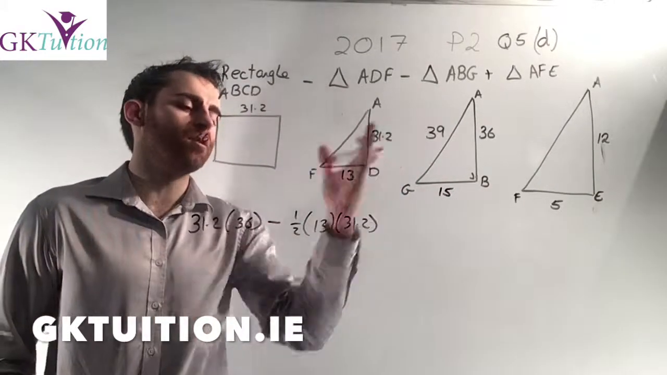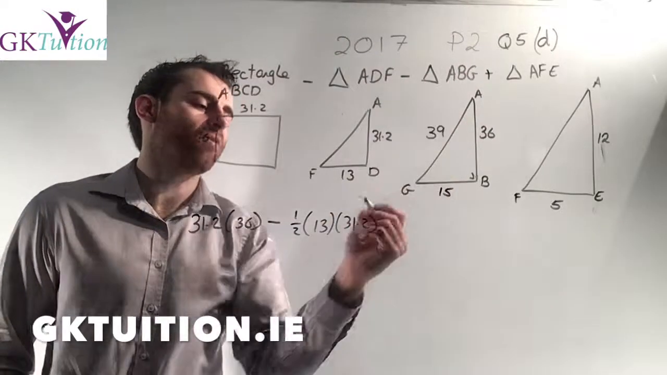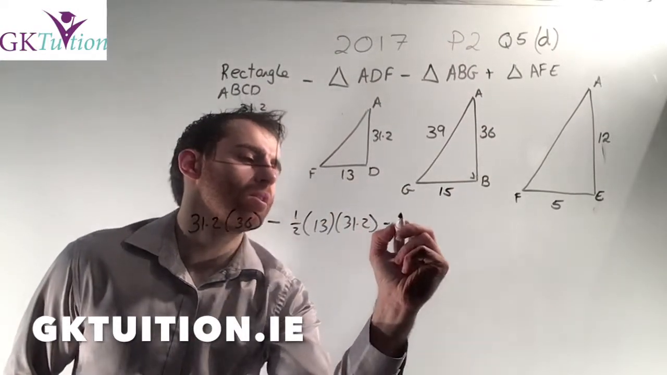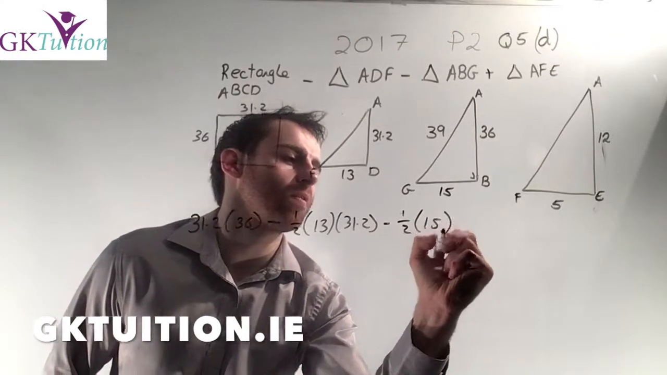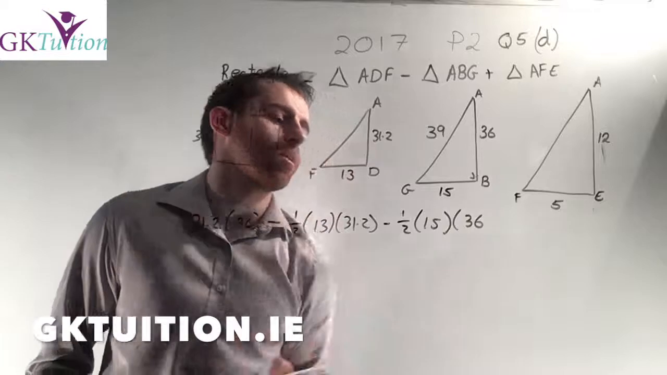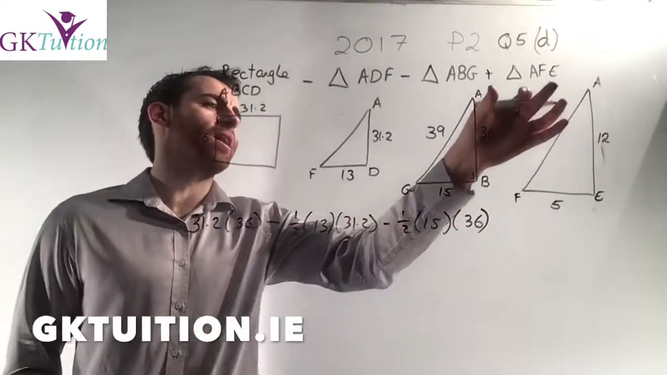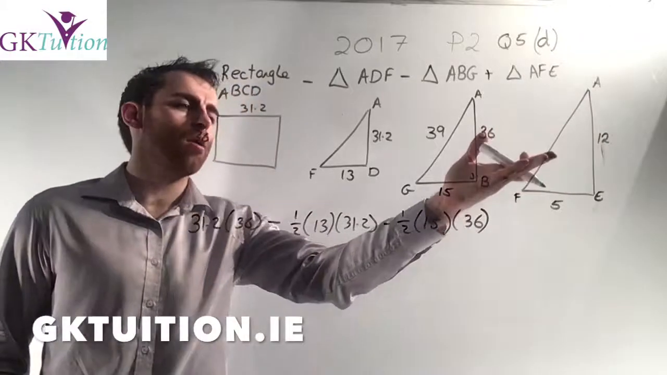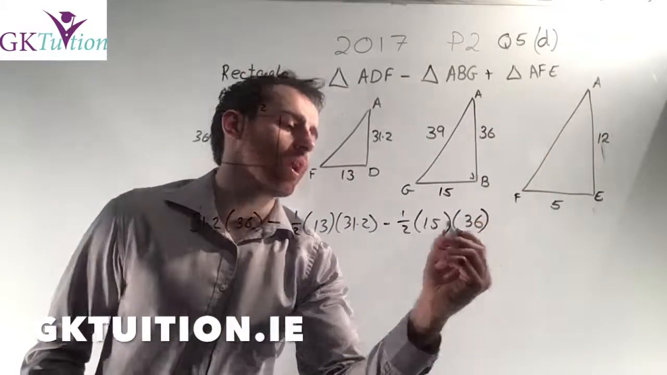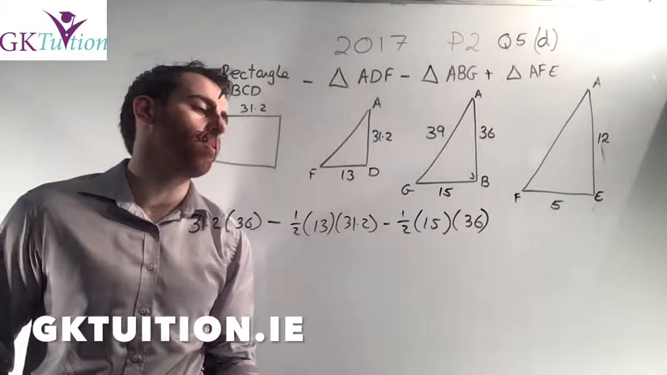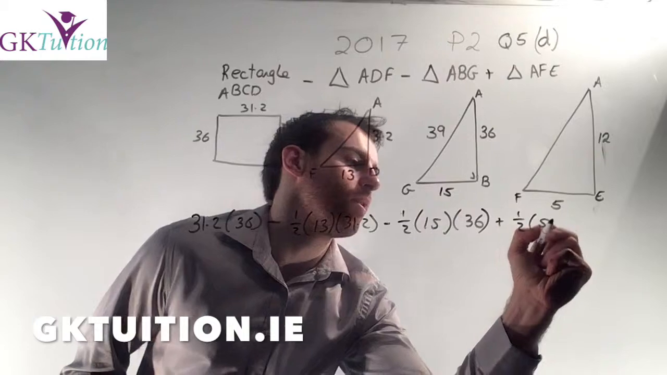And that allows me to work out the area of the triangle ABG. It's just half the base by the perpendicular height. So I'm going to subtract again a half multiplied by the base, which is 15, multiplied by the perpendicular height, which is 36. The final thing I need to do is then add on this smaller triangle because I'm after subtracting it twice. So to add on the area of this triangle, again, it's half the base by the perpendicular height. So it's plus this time a half multiplied by 5